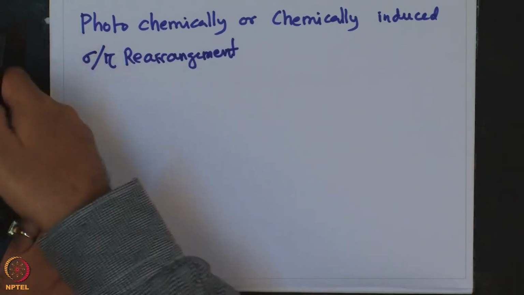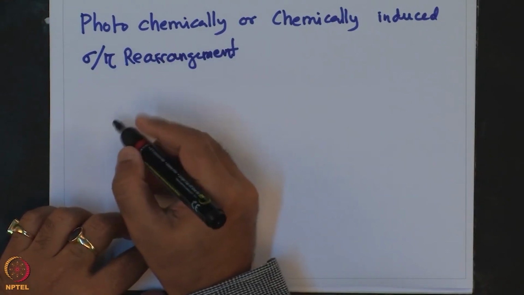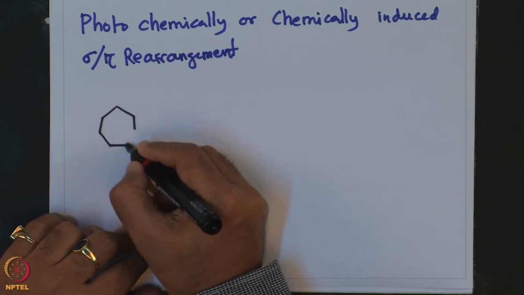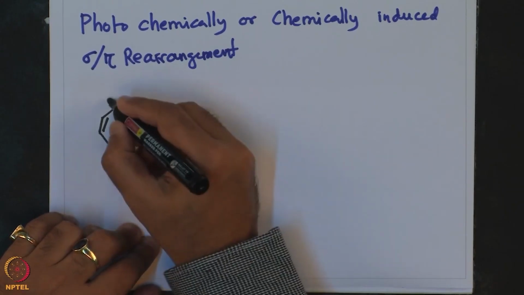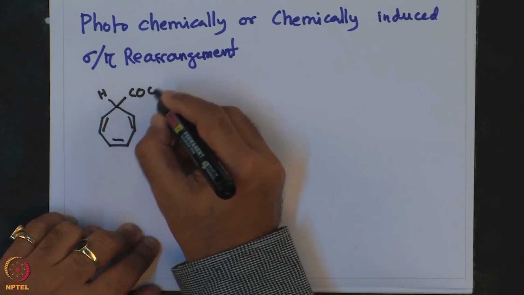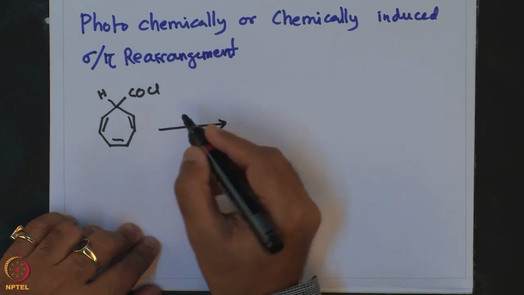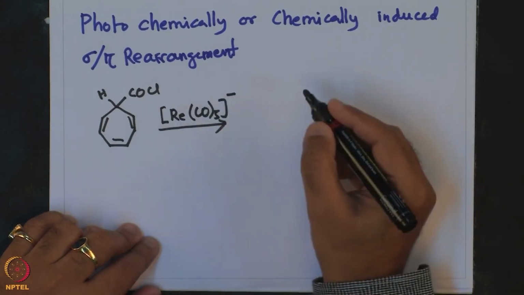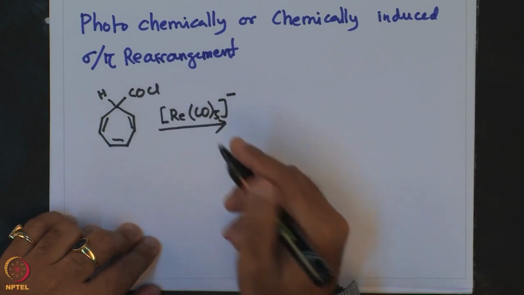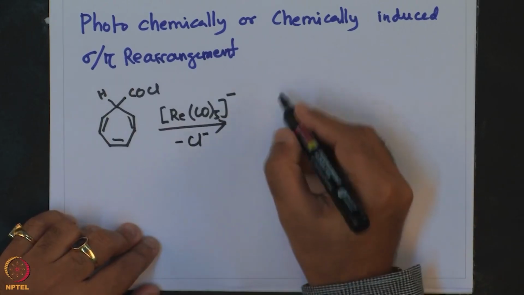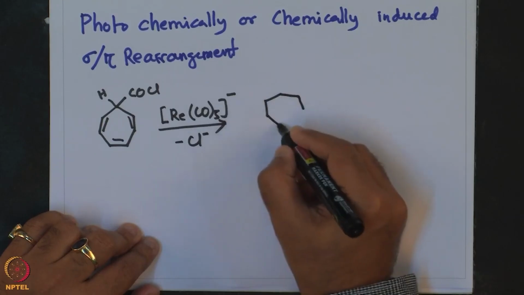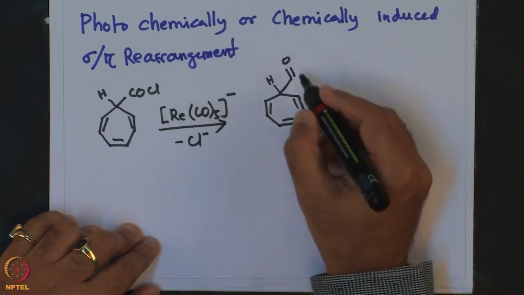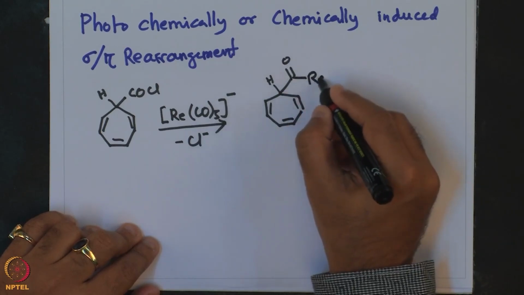So, in this reaction acyl substituted cycloheptatriene with a metallate ReCO5 minus reacts with this acyl cation with a loss of chloride anion to give this cycloheptatriene containing ReCO5,